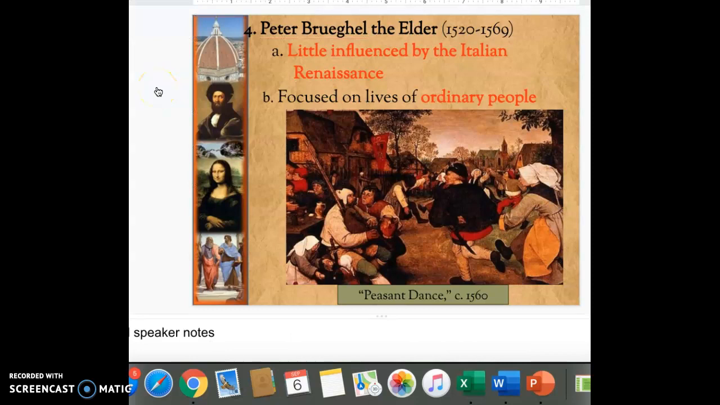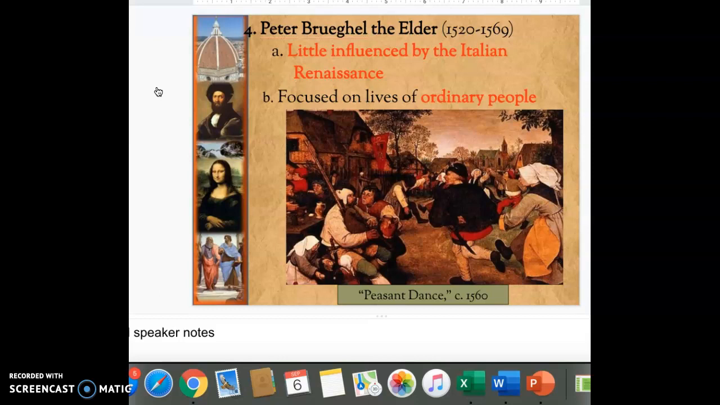When we look at the works of Peter Bruegel the Elder, we don't see much of an influence by the Italian Renaissance. Now notice I said not much. There is little that he was influenced by the Italian Renaissance. What did influence him was the new technique that artists were using of perspective. We do know that Bruegel did use perspective to create more realistic scenes, okay? But you're not going to see much more influence from the Italian Renaissance artists other than that use of perspective